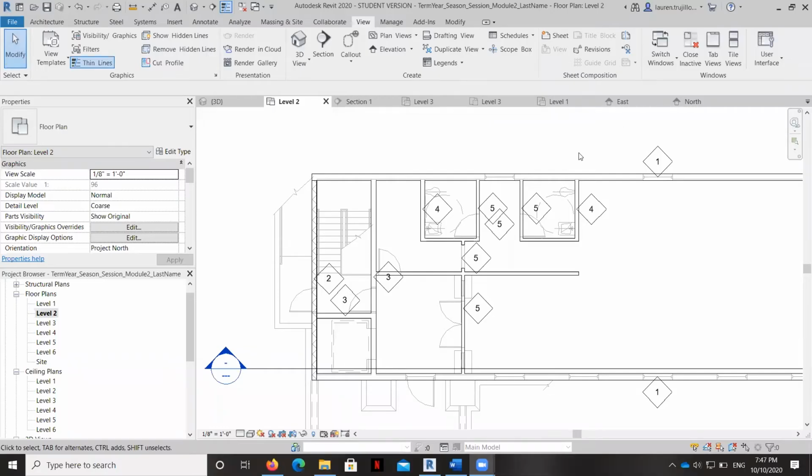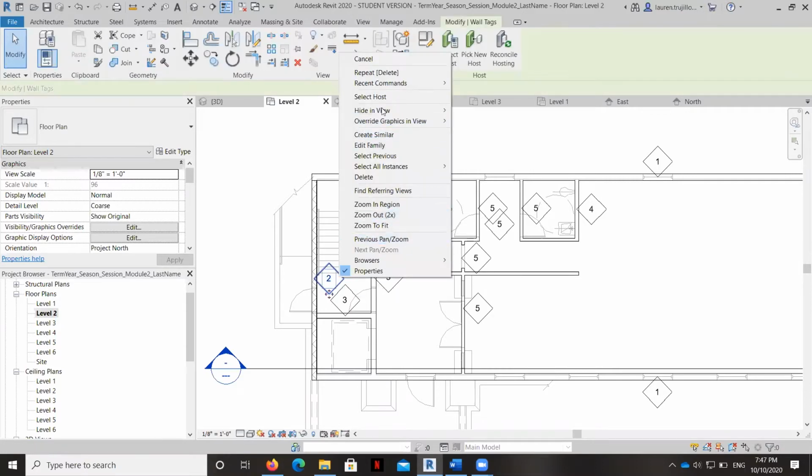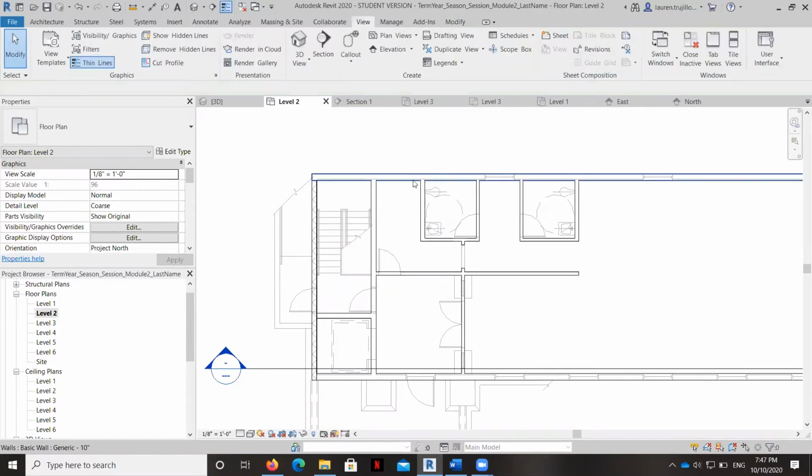In this video, I'm going to teach you how to draw a little bit more complex staircase. And we're going to start by looking at the level 2 floor plan, but I'm going to go ahead and hide these tags right here. First thing we're going to do is create our staircase here, and then we're going to make adjustments to the railings and the ceilings and floors that the staircase will intersect with to make sure that they are removed in certain spots. So let's start by creating our staircase.